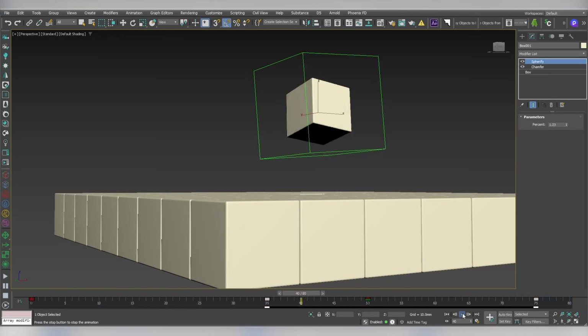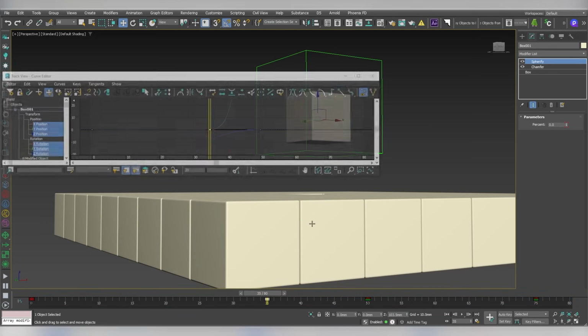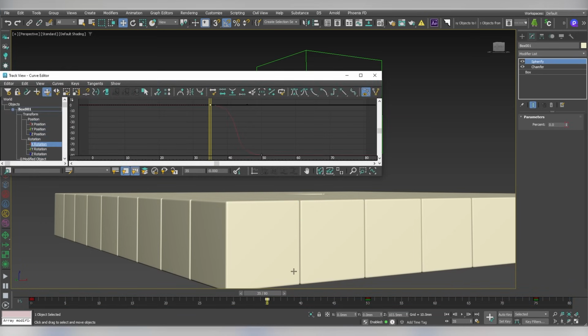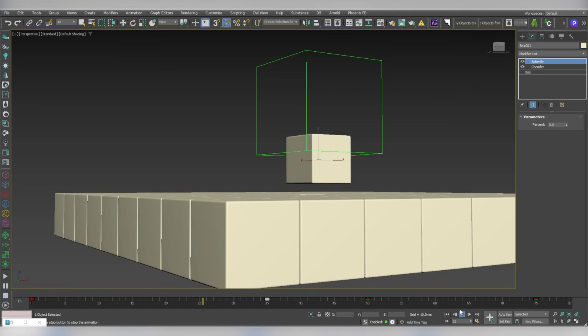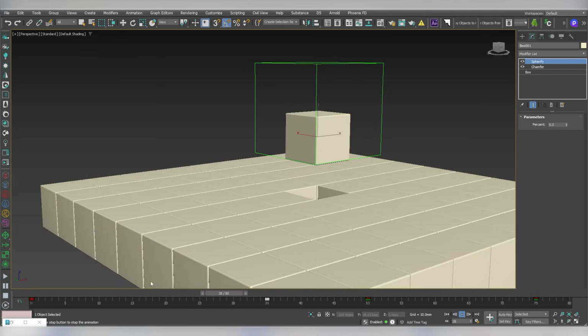When we play the animation, I can see that an additional rotation is making things complicated. For this, let's go to the curve editor and delete all the rotation parameters by selecting them. When we play it again, everything looks normal. But since we removed the rotation, the box now rises straight upward without rotating. That is why we need to add a new keyframe once the box already rises a bit, for example at